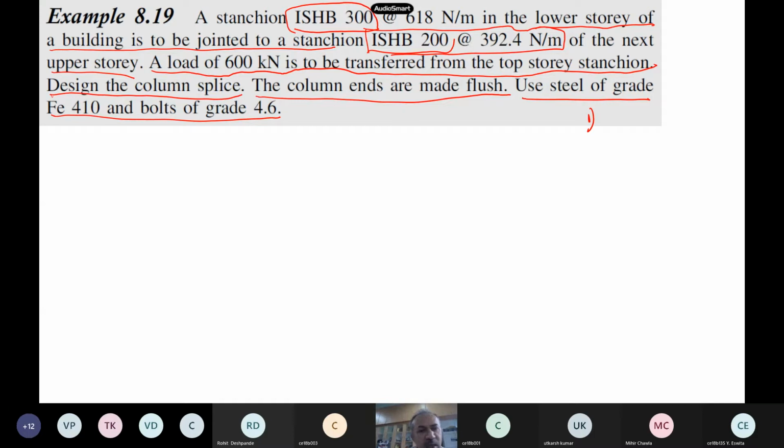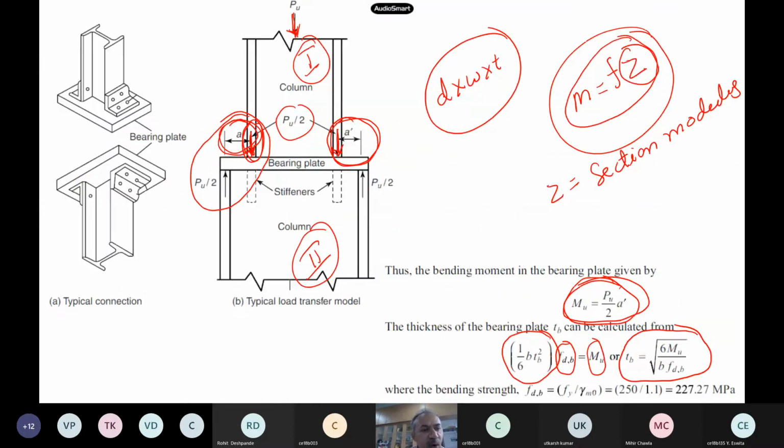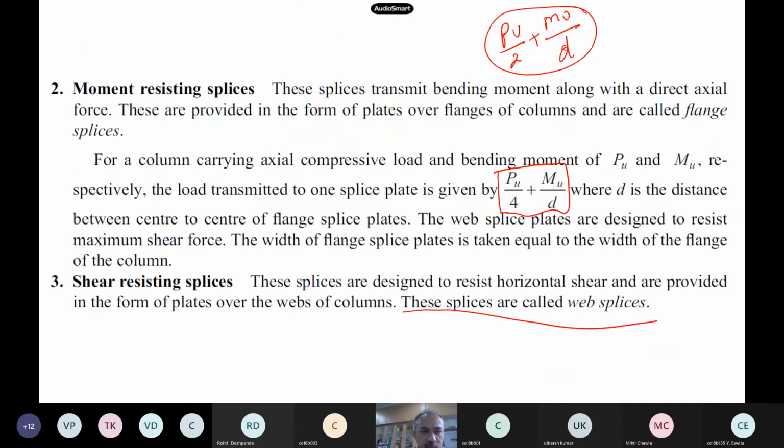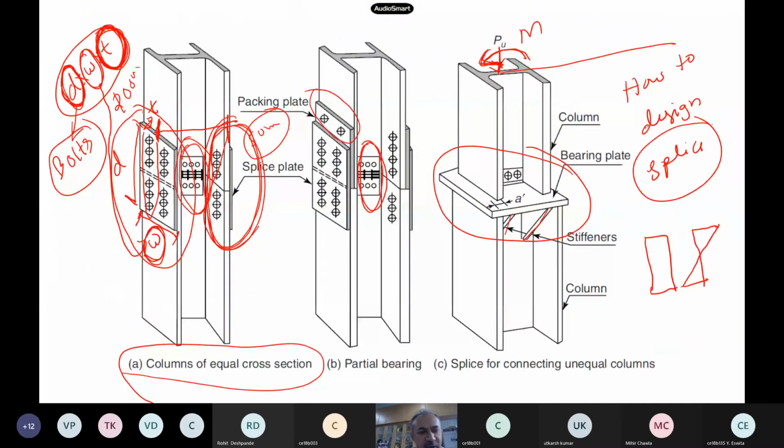So now what do you have to design? When you say the column junction, what is it that you have to design? Only the web splices are required, see, this web splice is required for this problem.